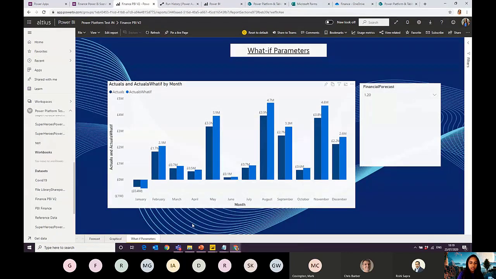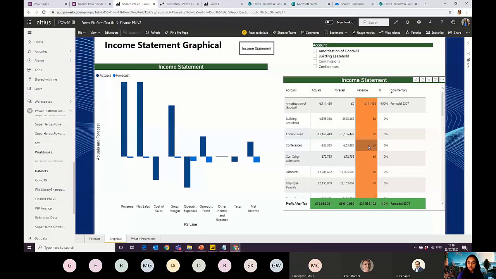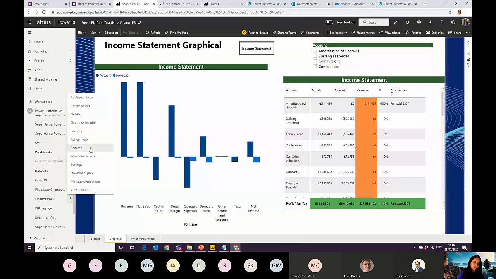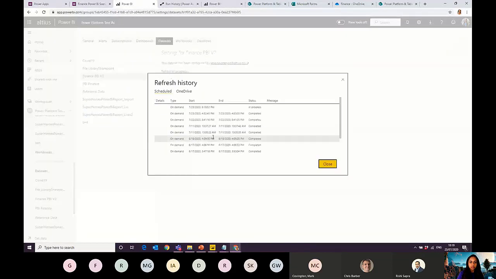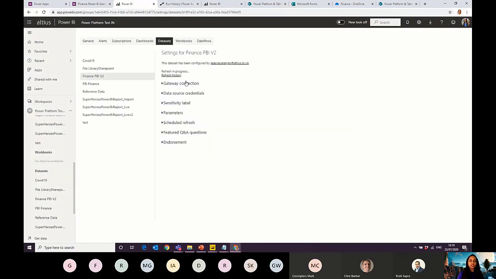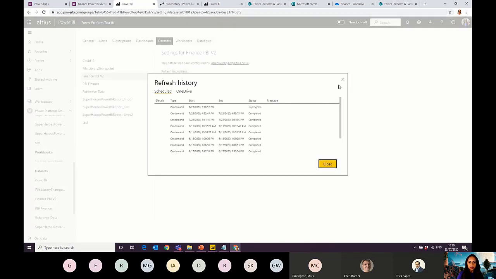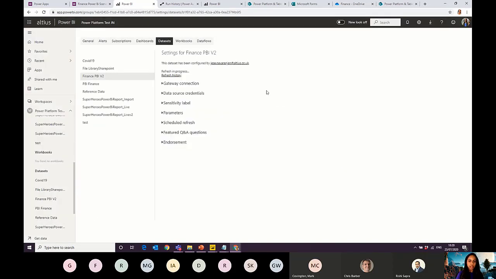So let's see if it's made it. So not yet, so just go back to the refresh for a second. So you can see all the other refreshes in the past only took a minute or so, or 20 seconds, 30 seconds. So it's quite strange that it's not refreshing. Connection looks okay. Okay, we will come back to that. I'm not going to let that